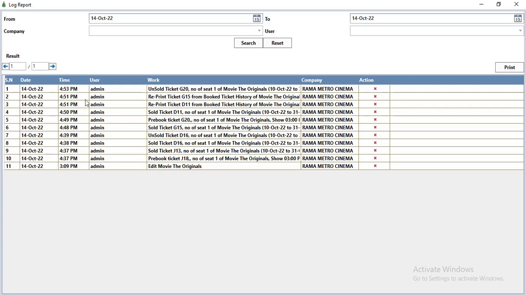and you can see the log report here. You can see which user is working in which section. It will show you the details like date, time, user, work and company. You can print this,